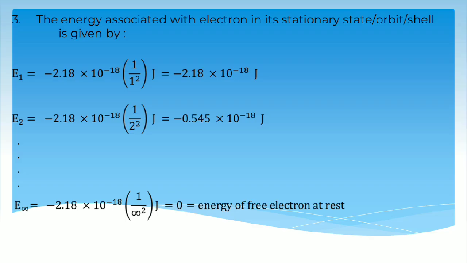So here we have the energy of an electron in different stationary orbits of the hydrogen atom. According to Bohr's model, each orbit has a fixed energy. The energy of the electron in the nth orbit can be given as